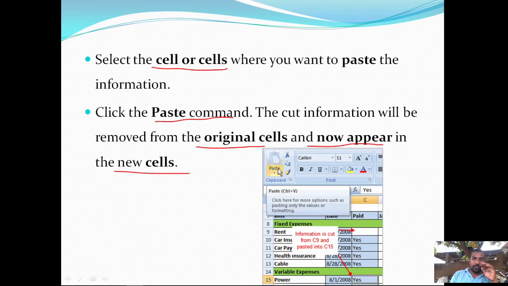In case of the copying operation, the information on the original cells is not removed. But in case of the cut operation, the information will be removed from the original cells and now appears in the new cells on which we are performing the paste operation.